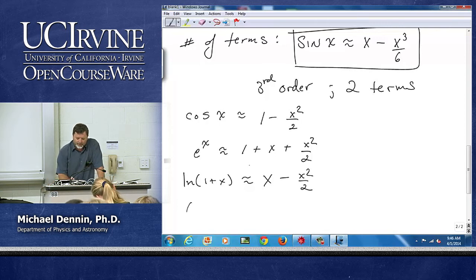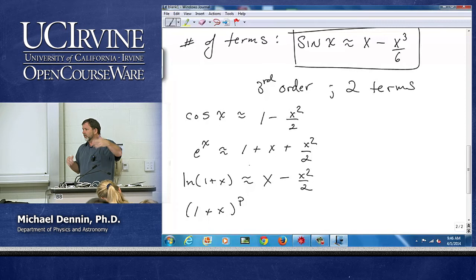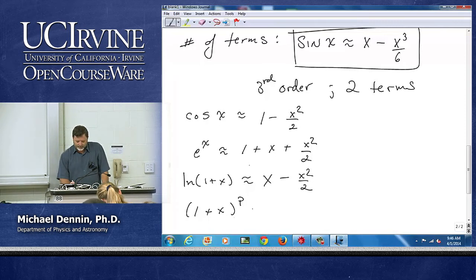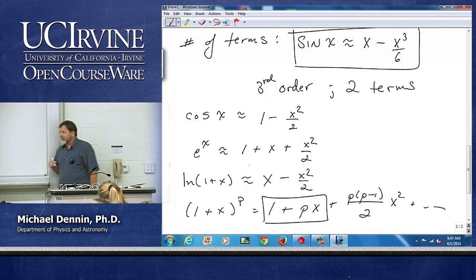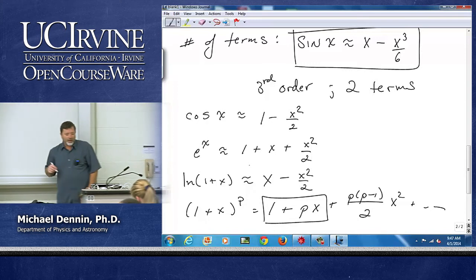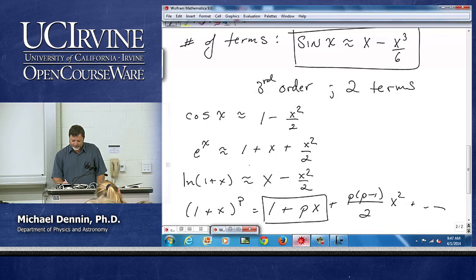And then the one I had mentioned in the last class, 1 plus x to the p, and here p could be minus 1. If you remember, we did 1 over 1 minus x. That's the binomial expansion, 1 plus px plus p times p minus 1 over 2, x squared, and so on. And it's this first part that's really the key to know. And the other thing to keep in mind, which I said yesterday,